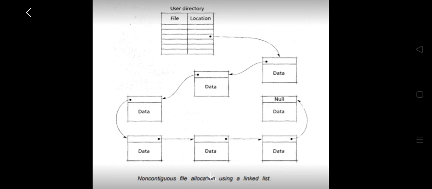Insertions and deletions are performed simply by changing the pointer in the previous block. Some systems also use a doubly linked list in order to facilitate searching. The blocks are threaded in both forward and backward directions because of the doubly linked list, so that search may proceed in each direction. If the size of the block is large, it can result in a considerable amount of internal fragmentation. Now the advantage is that you use a large block size.